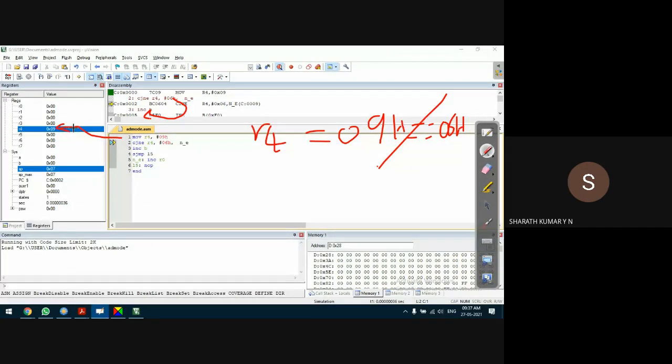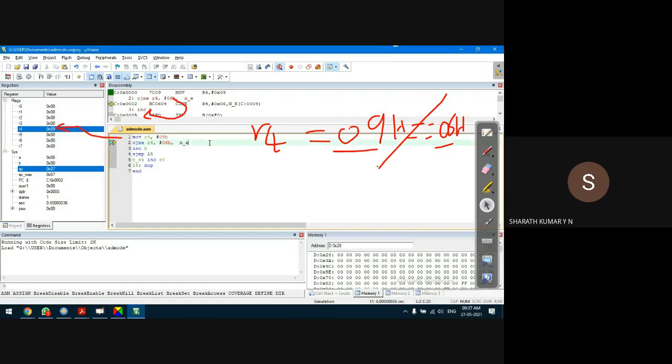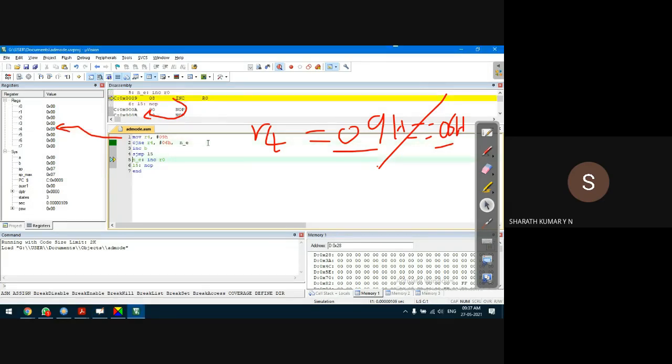Is copied into register R4. Okay, it will go to the next instruction, CJNE. It will compare the content of R4 with 06. Of course, in our case it is not equal. Press F11 on my keyboard, it goes to NE. But before it goes to NE, let's observe this.